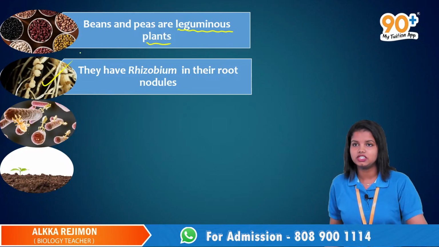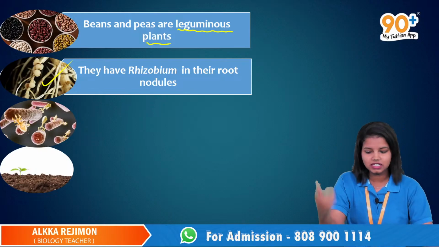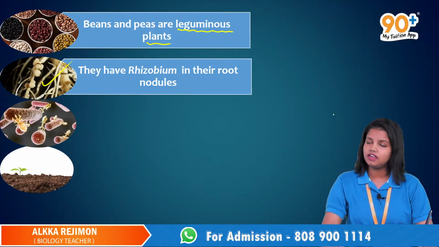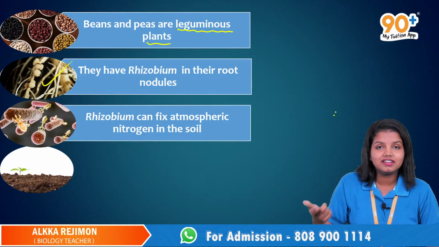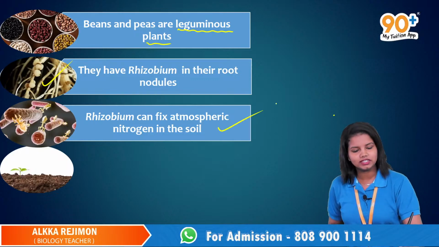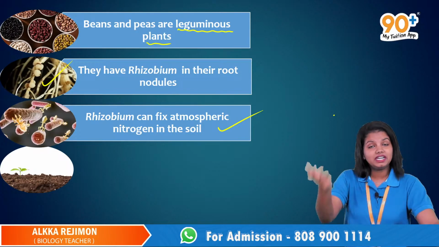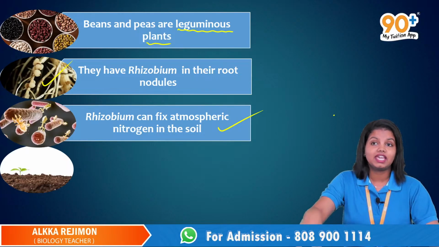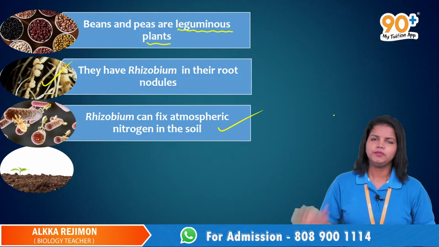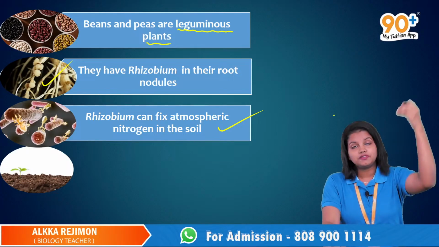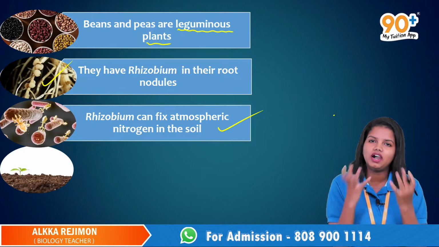Here you can see the picture. This bacteria is present in the small nodules in the roots of the peas. Why do we need to mention this here? Because the rhizobium can fix atmospheric nitrogen in the soil. That's the point. The rhizobium bacteria is able to capture the nitrogen gas floating in the atmosphere and fix it in the soil. So the fixing of nitrogen from the atmosphere in the soil can increase the fertility of a nitrogen deficient soil.